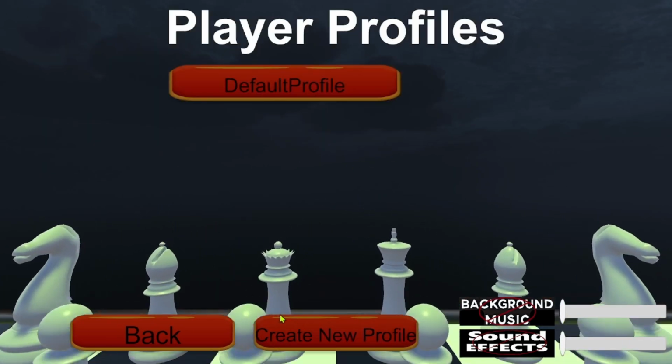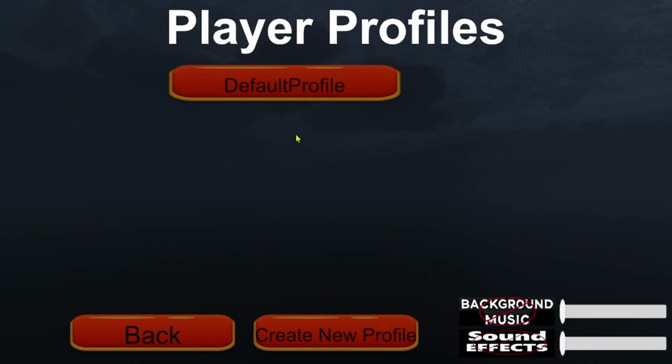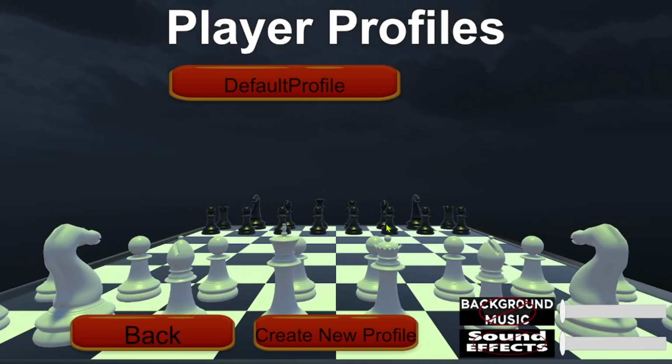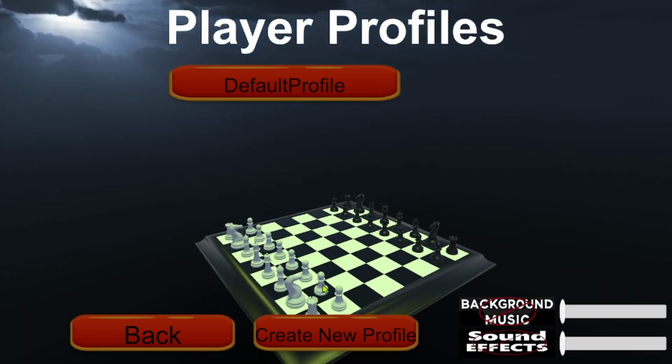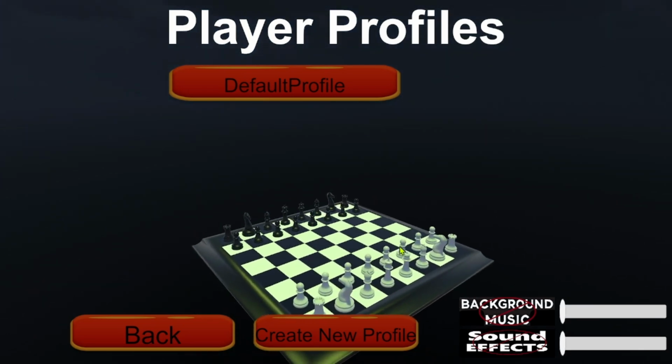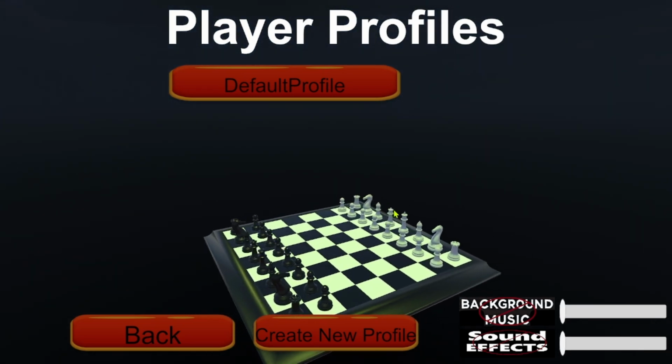Let me go ahead and remove this one. And so we have a default profile. When you guys download the zip, you will be forced to create a profile, because I'm going to delete all the profiles from the build before zipping it and putting it on the repository for you guys to download,